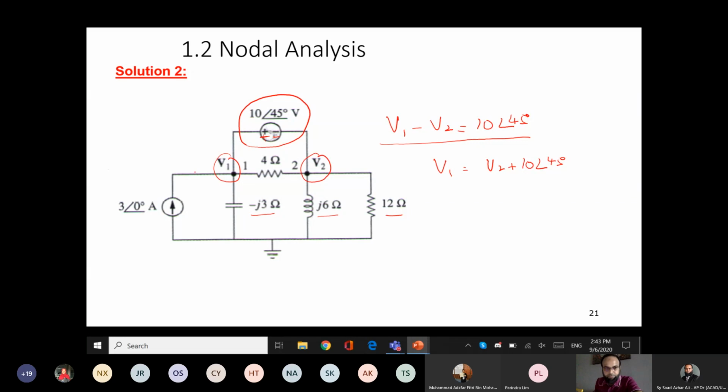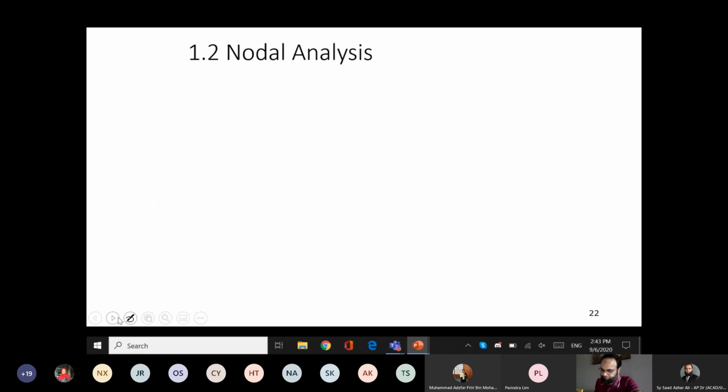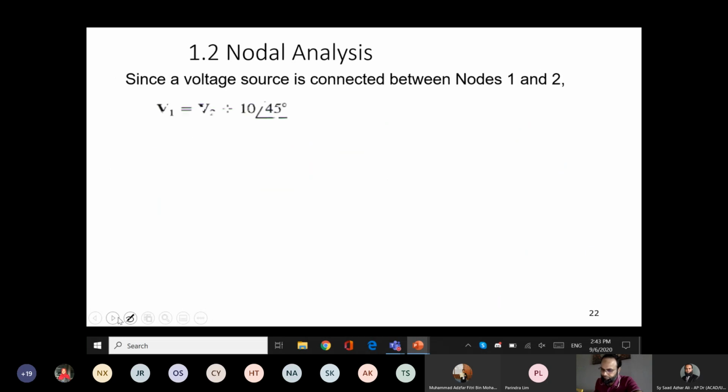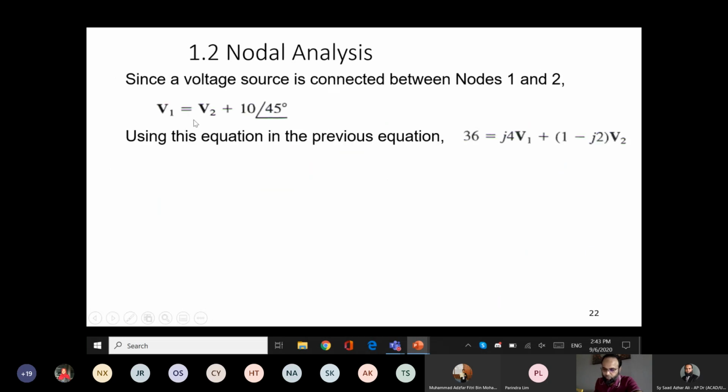So let me go to this one. We get V1 equal V2 plus 10 angle 45, and using this, now we have the value of V1 directly. We don't have to solve for V1 by elimination. We already have the value V1 equal V2 plus 10 angle 45. We can place this V1 here. We get